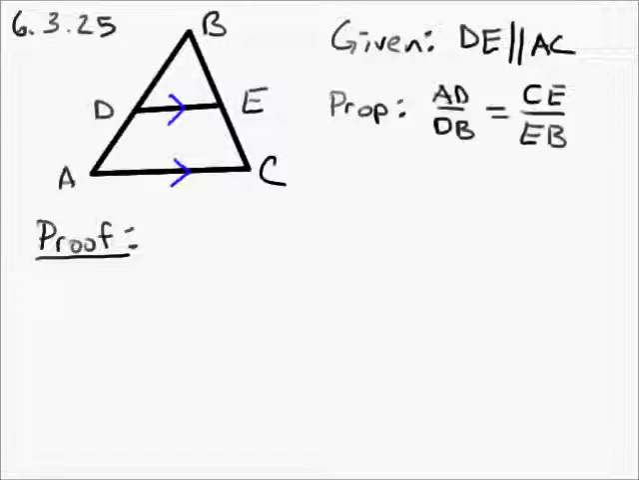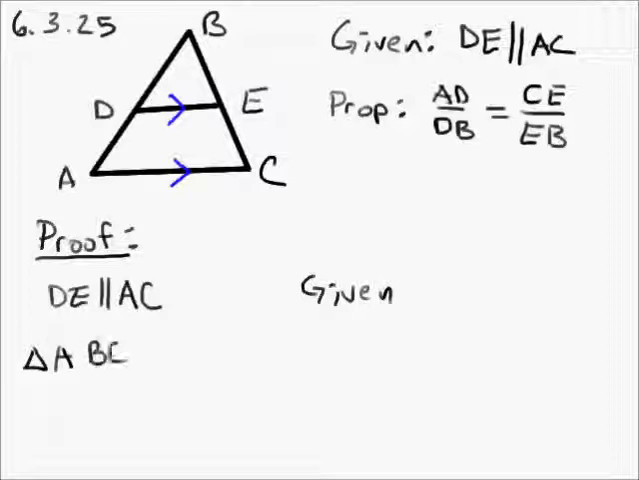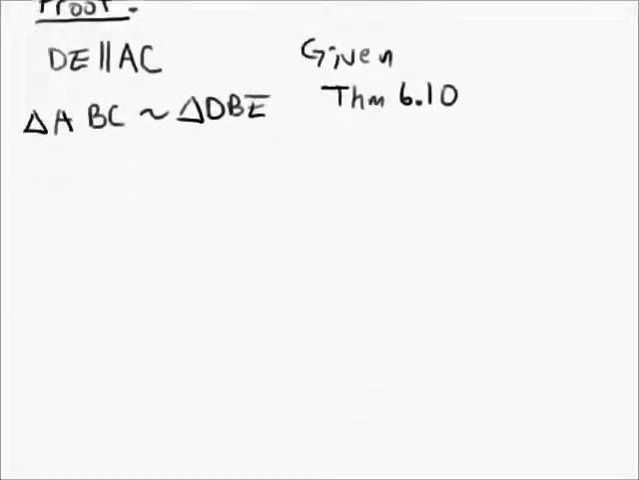recall that we were given that DE is parallel to AC. So that means that triangle ABC is similar to triangle DBE. That was theorem 6.10. Okay, now